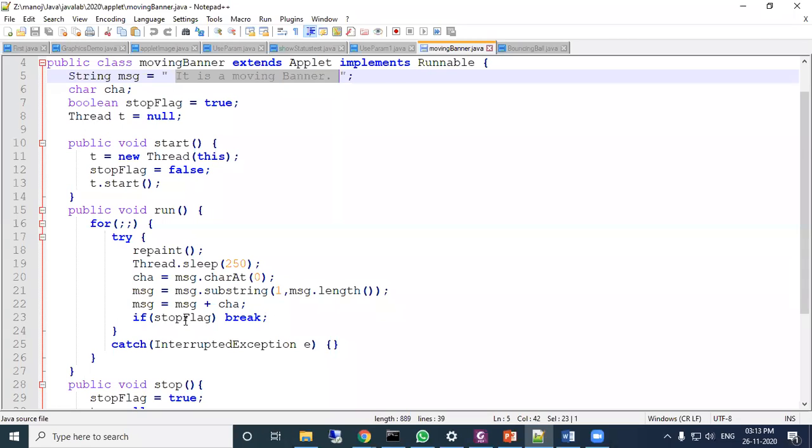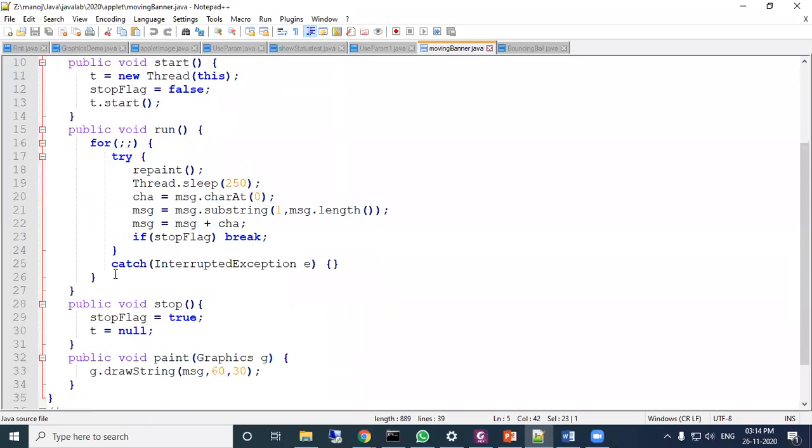But stop flag is false, so it will not break, it will continue repeatedly infinite times. It will never be true, so it will not stop. This run method will be called for one thread, and similarly for multiple threads it calls separately. Now catch, this is your try and catch block. If any exception, such as an InterruptedException, occurs, then it calls the catch block.